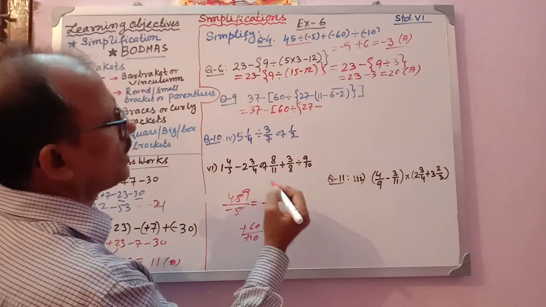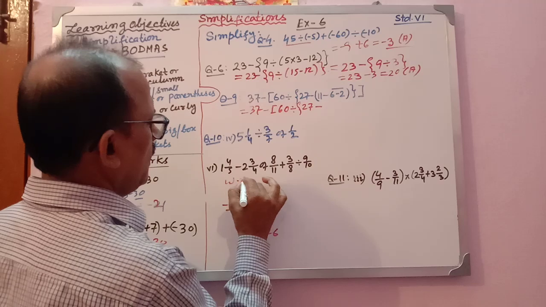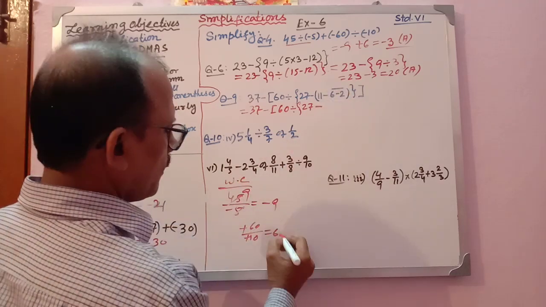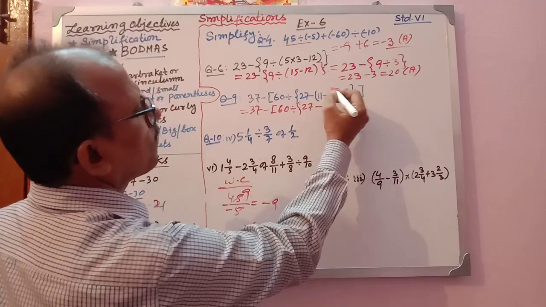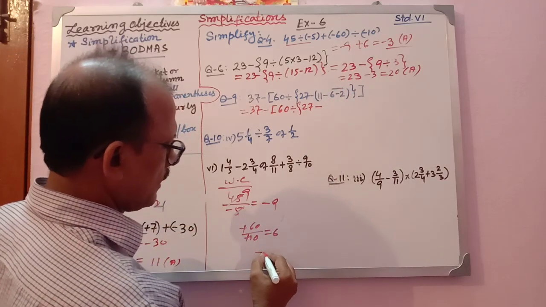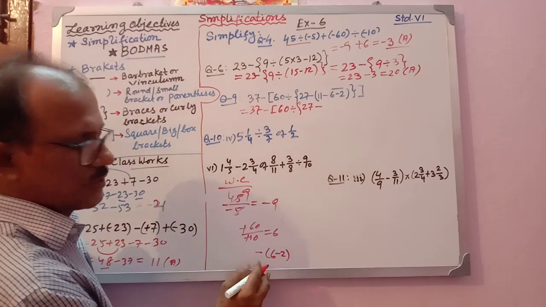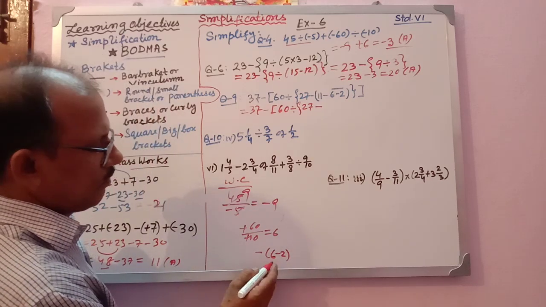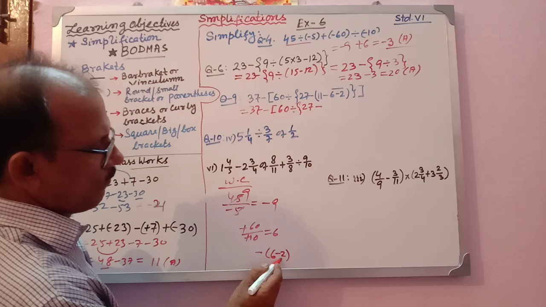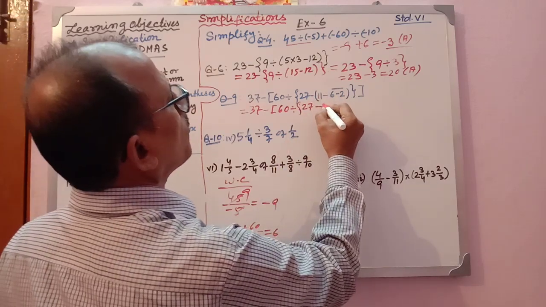What will you do now in the working column, suppose it is a working column? What will you do now? This simple bar bracket, what you make it up to where the bar is, from here to here. That means outside the bracket there is a minus, and you can write down within the simple bracket so that the operation will be without mistake. So it will become 4. So minus 4. Could you understand me? So this became minus 4.